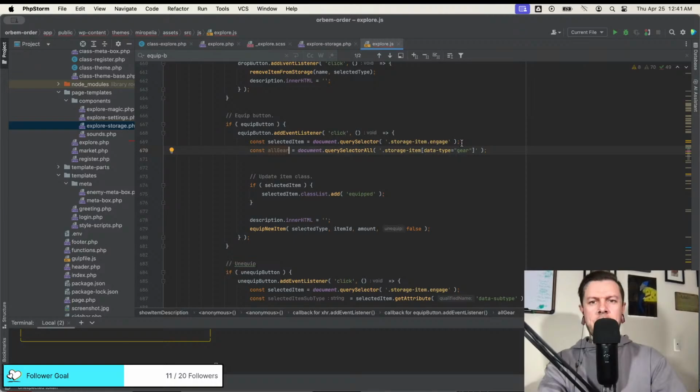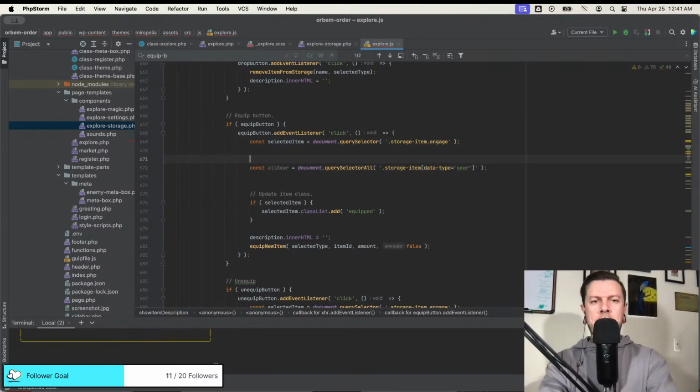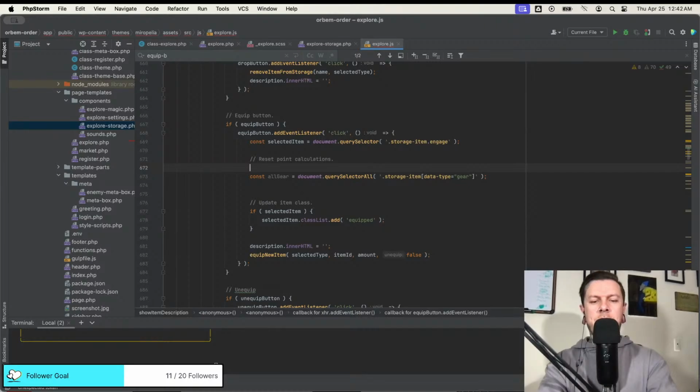Yeah, see, I don't need to do this here. All I need to do is reset point calculations. So that is going to be update point bars. And that'll just be a general function that runs. And I'll always just grab this.